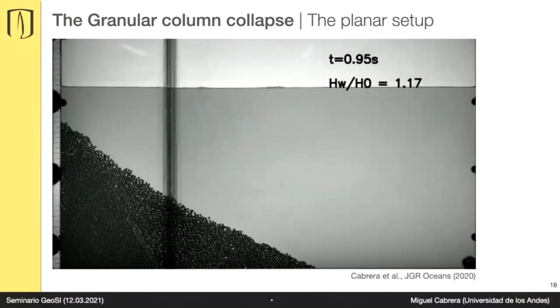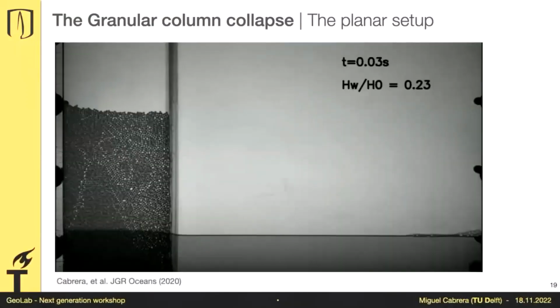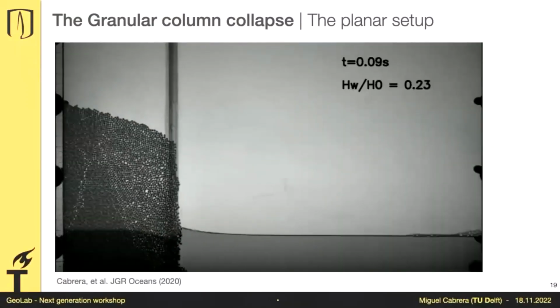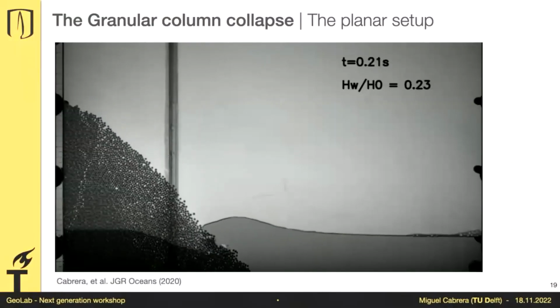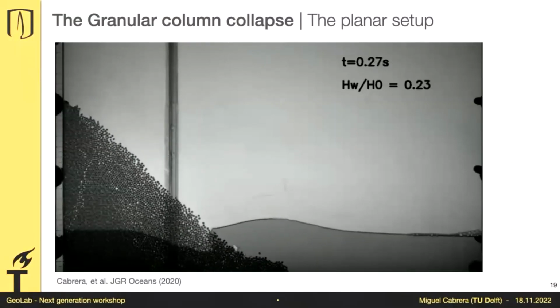Those are the ones you're more worried about if a landslide happens near a beach. Because if a submarine landslide propagates far from the beach, no one cares. It's just boats there. But if the wave goes towards the coast, there is a lot of issue. But these are the waves we're more used to. So you have a landslide, and that landslide is impacting the water and generates our wave.